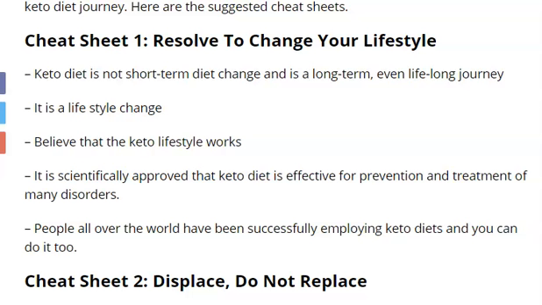At least it's useful for people to reduce fat and reduce the chance of diabetes. People all over the world have successfully employed the ketone diet, and I'm sure that you can do it too. So this is cheat sheet number 1, indicating that this is a lifestyle change and you can do it.